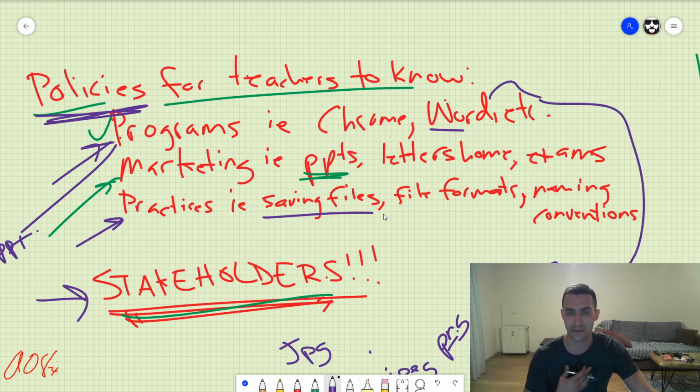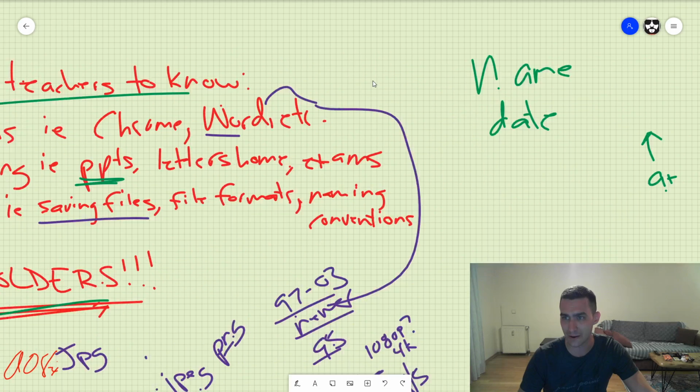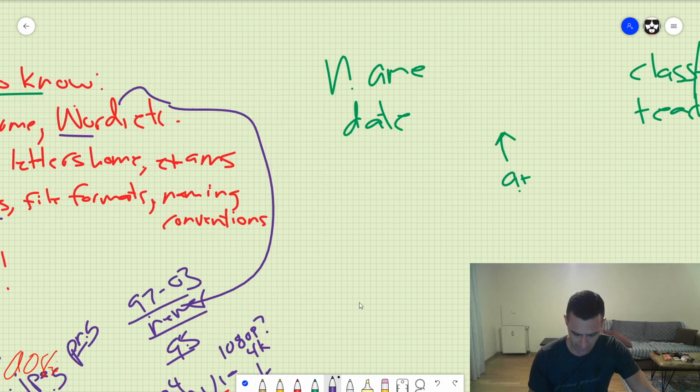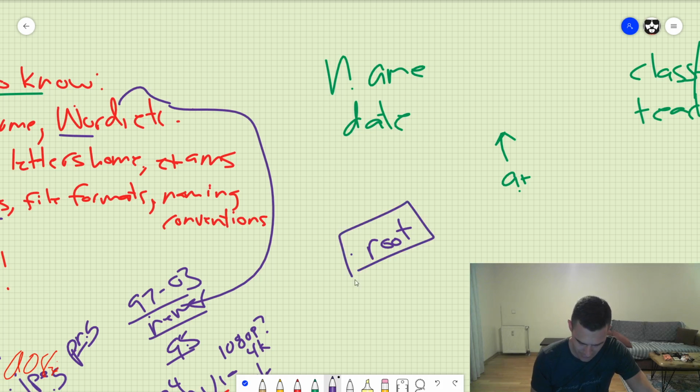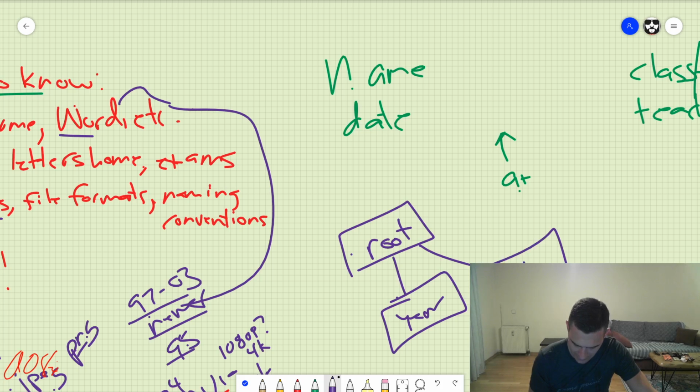But this is where you need to give us guidance. And frankly, you need to be in the business of saying things like, okay, if you're saving things, you're going to have the root folder, the main folder. Your IT guys can explain this to you if you don't understand. And then I want you to create a folder based on the year. And then a folder based on the class. And then inside the class, I want you to have one folder for each student, because that's the way we do things at this school, let's say. And you need to lay this out so that teachers can easily be guided into how to save things.